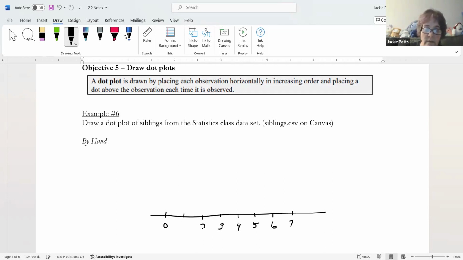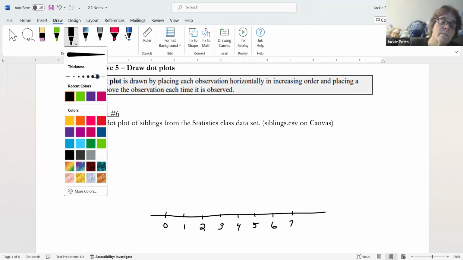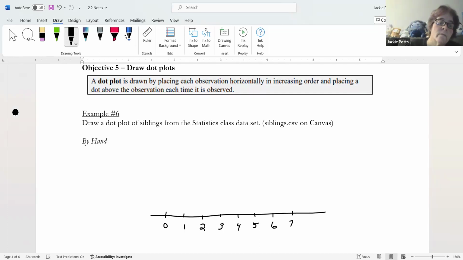When you read it, you count the number of dots. The dots match the frequency. All right. So